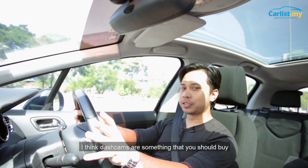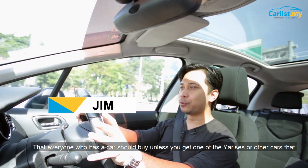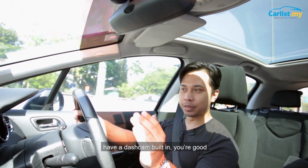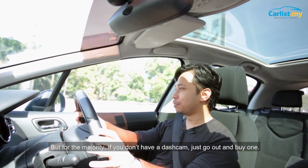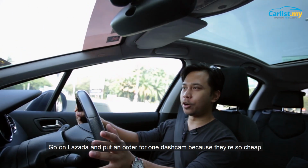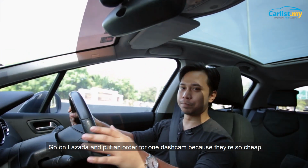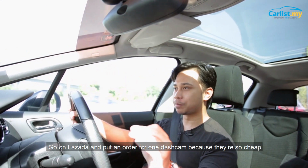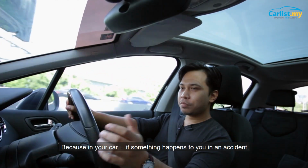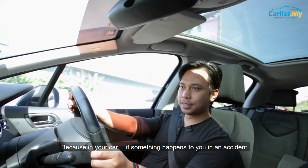I think dash cams are something that you should buy. Everyone who has a car should buy. Unless you get one of the Yaris's or other cars that have a dash cam built in, you're good. But for the majority, if you don't have a dash cam, just go out and buy one. In fact, just go out on like Lazada or something, just put an order for one dash cam because they're so cheap. And they're so valuable to have because in your car, if something happens to you in an accident,